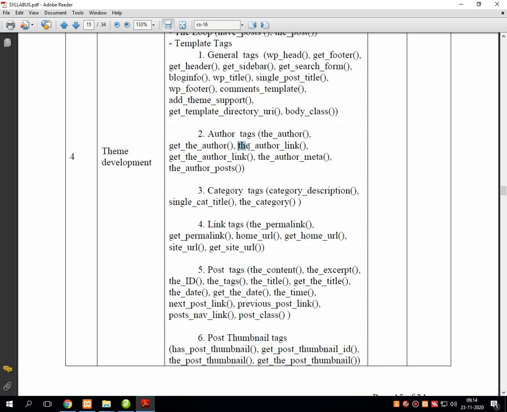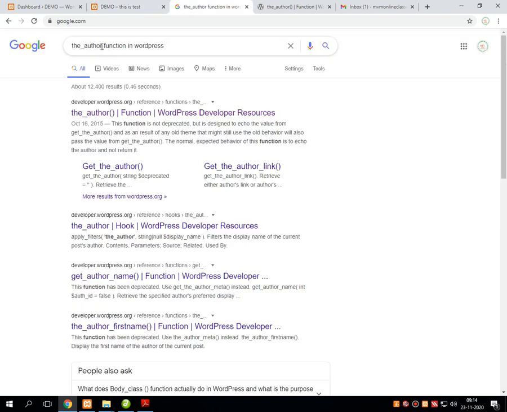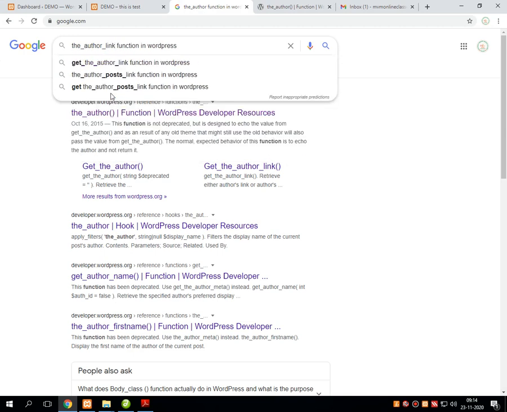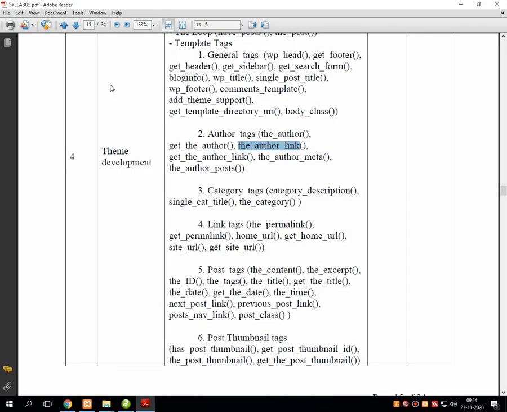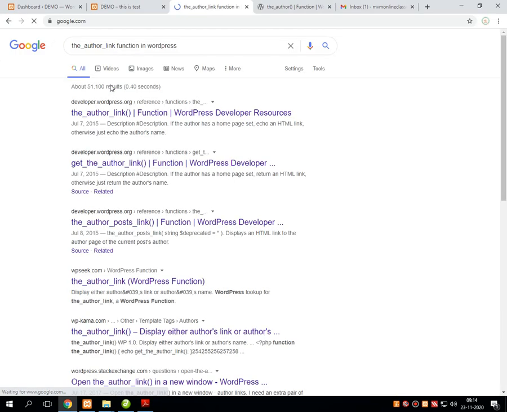Now the next one is the_author_link. Let's check about this particular function, the_author_link, right.